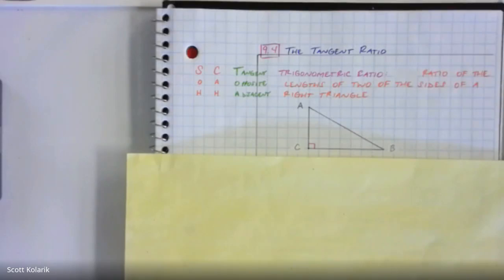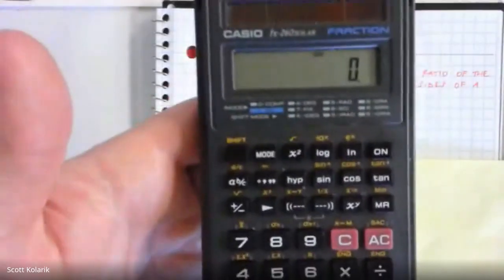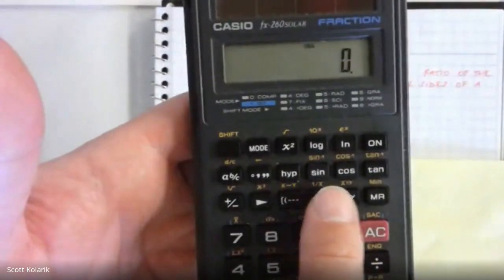All right, Chapter 9, Section 4, the tangent ratio. This is going to be the first of 3 trigonometric ratios that we cover in this chapter. All 3 are actually some that you have seen before, even if you didn't know exactly what they did or what they meant. On your scientific calculators, just to focus in on this,